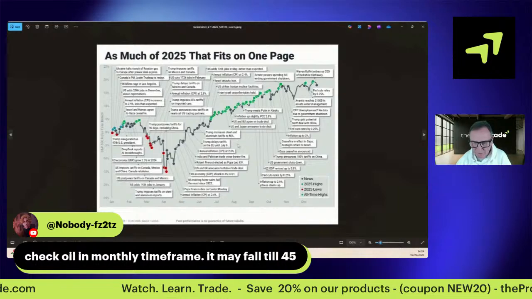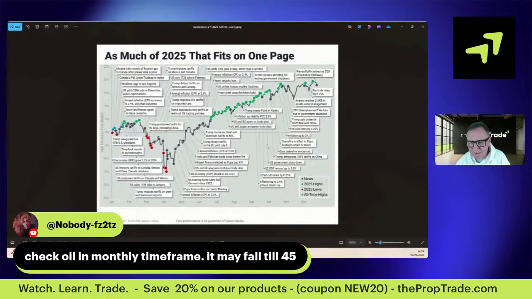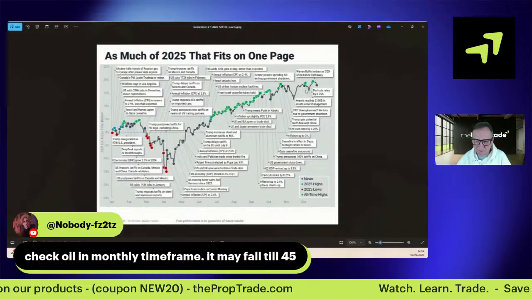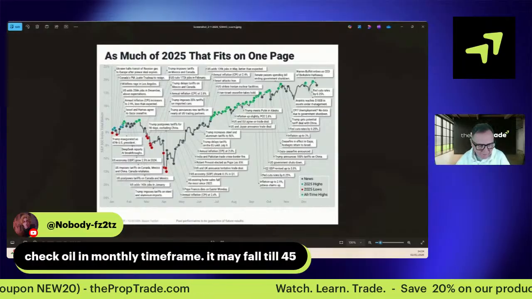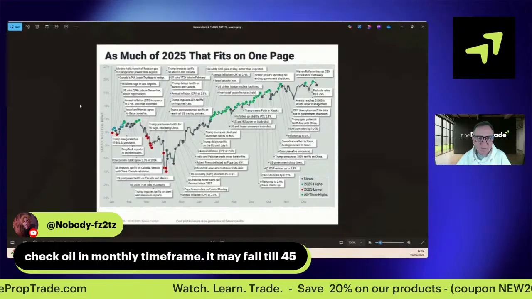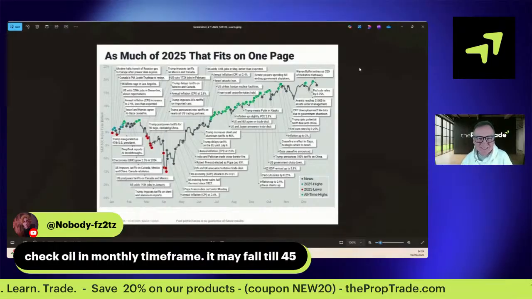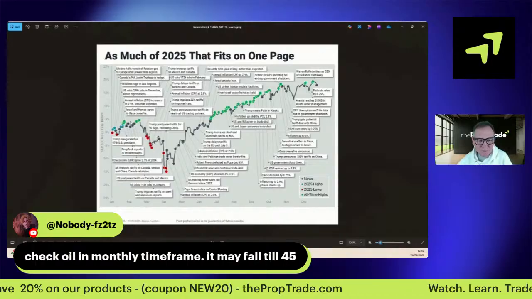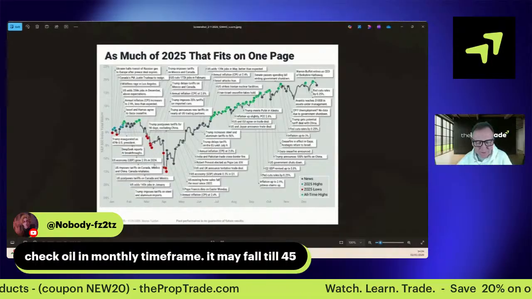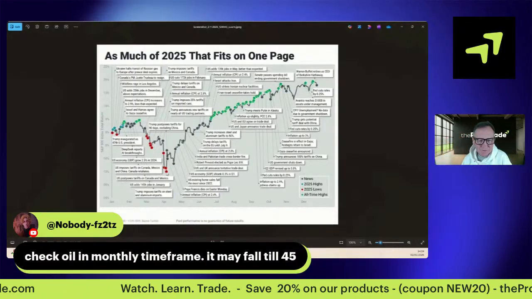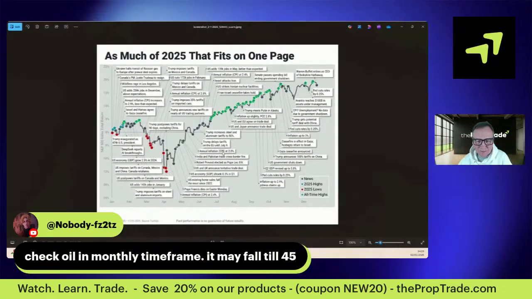This came from, I think it was Aventis. So yeah, Aventis reaches 100 billion assets under management. This was their screenshot for the year. This is again data from FactSet. As much of 2025 sits on one page, I think it's really, really nice. This is the S&P 500. There's the April low as Trump announced those tariffs, and then again, so if you read through some of these,